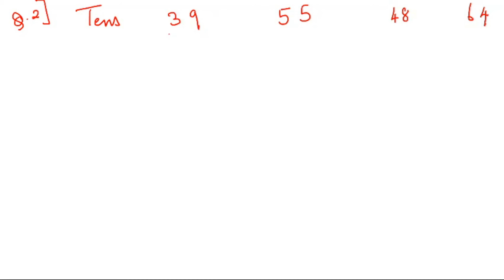So in place of tens there is 3. 3 is less than 5. So we will make it as 3 and this 9 will turn as 0. It will become 30. 9 की प्लेस पर हम क्या लिखेंगे? 0, and in place of 3 हम 3 ही लिखेंगे क्योंकि 3 is less than 5. So it becomes 30. Okay.